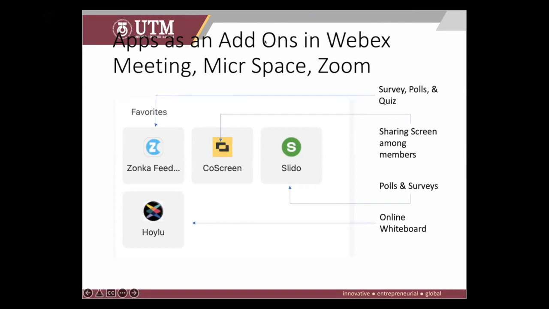Yeah. Because sometimes the features we have on desktop may not be available on mobile devices, so it's better to use them and compare the features. Another question just popped up. What do you foresee for the future of these platforms? Do you see them as part of a learning management system, or